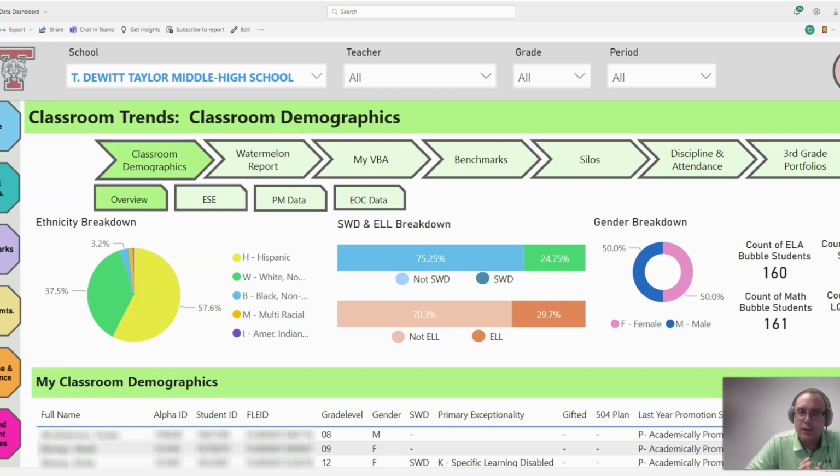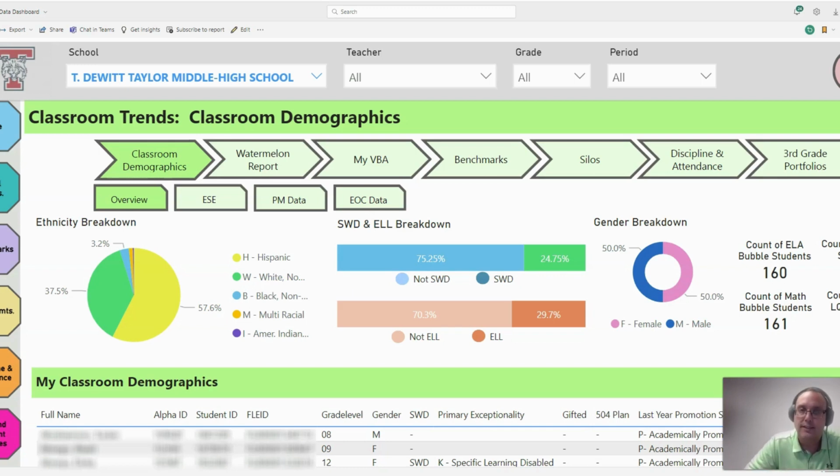Every section in the student data dashboard we have covered so far was based off of individual students, where you were limited and had to select and view data for one student at a time. In this section, Classroom Trends, we are looking at data overall for all of your students, not just one student. So if you want aggregate data or data for your entire class or entire roster, you want to come to